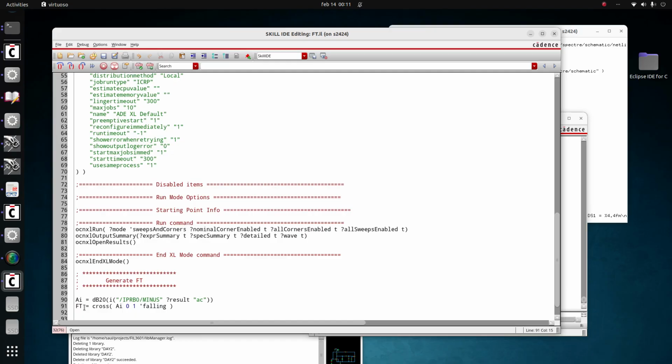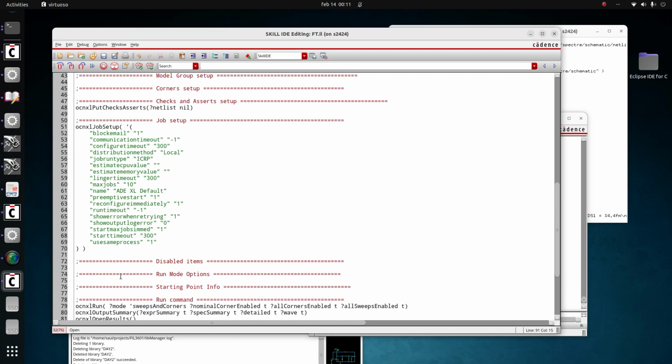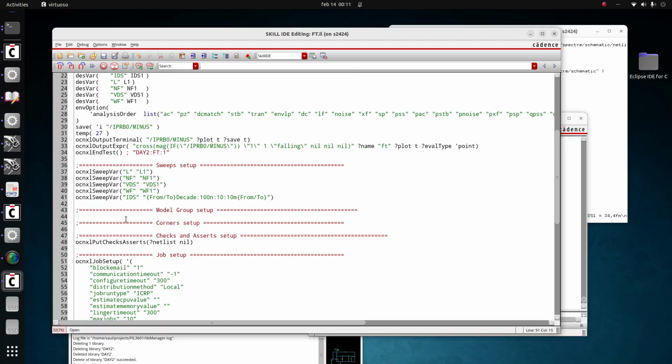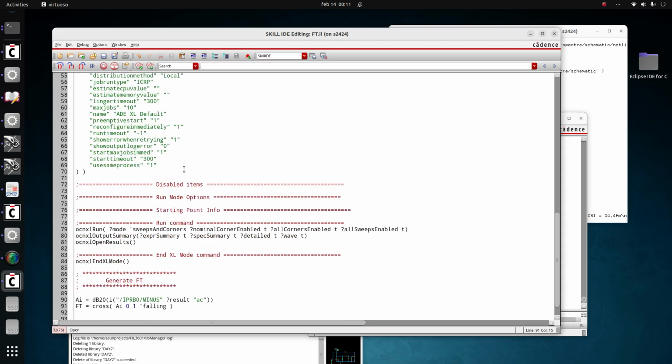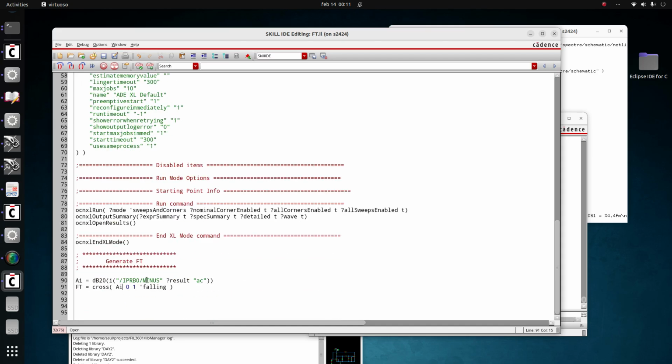Use this. We know which node we are saving because it is called like this. I probe 0 minus, and it is the same as here. I probe minus result. I calculate the FT,